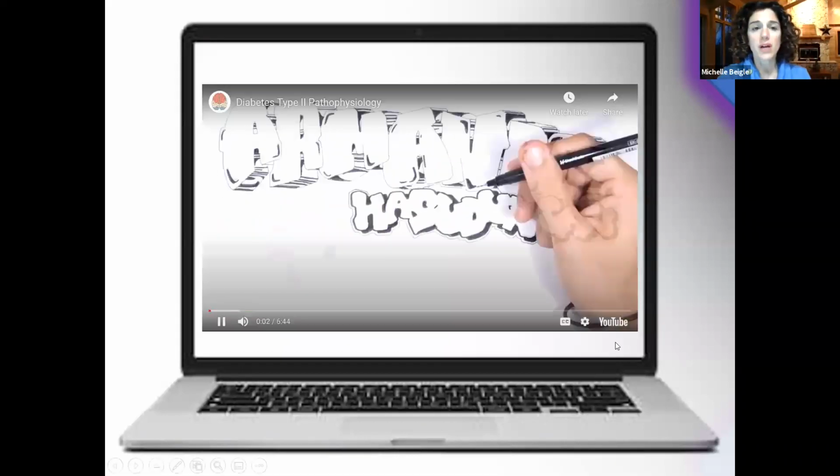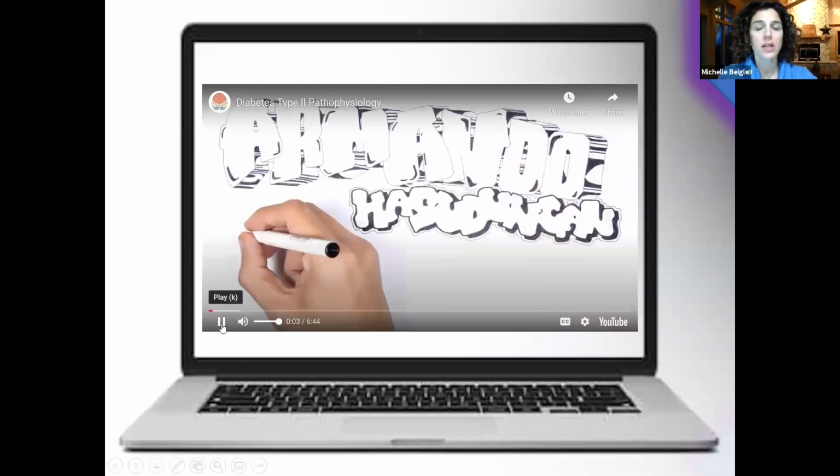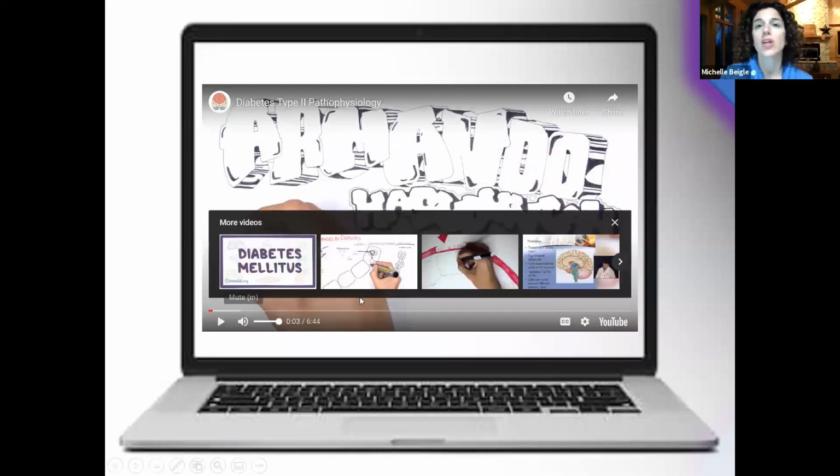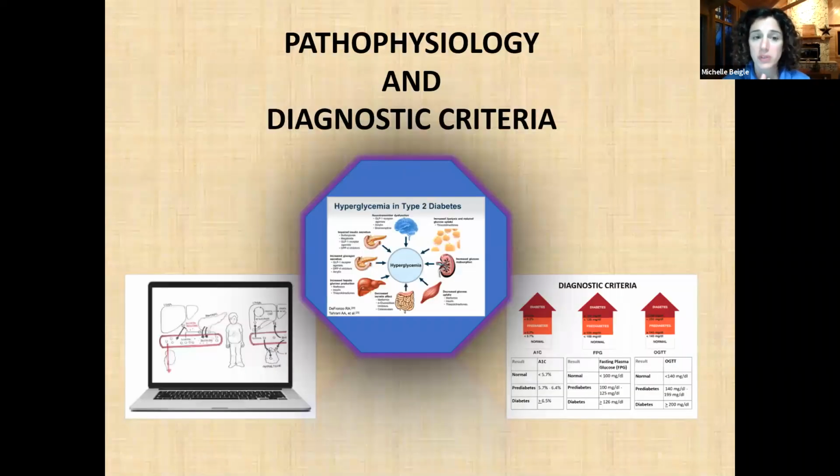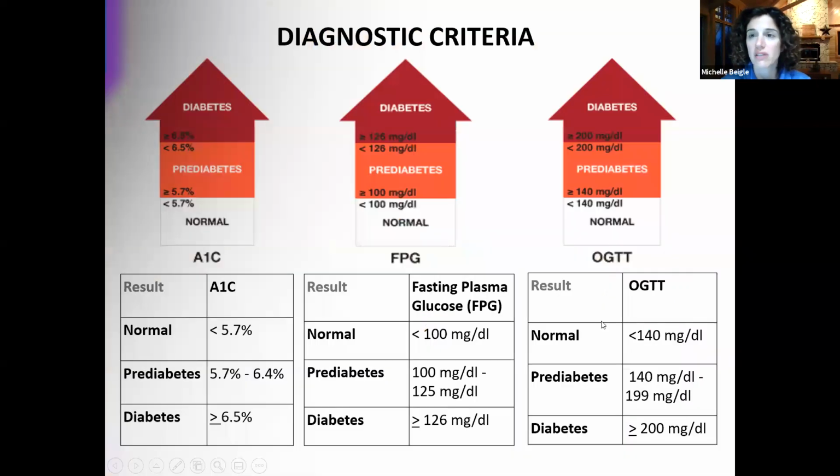Okay, so now that we remember and can more adequately discuss the pathophysiology of specifically type 2 diabetes, I'd like to get into what the diagnostic criteria is for it. So if you have a patient that comes into your office, you'll have a better understanding of how to diagnose them with diabetes either for the first time, or confirm perhaps that they do have diabetes, or explain it to them. So there are several different ways that you can come about this diagnosis, and I put them into these